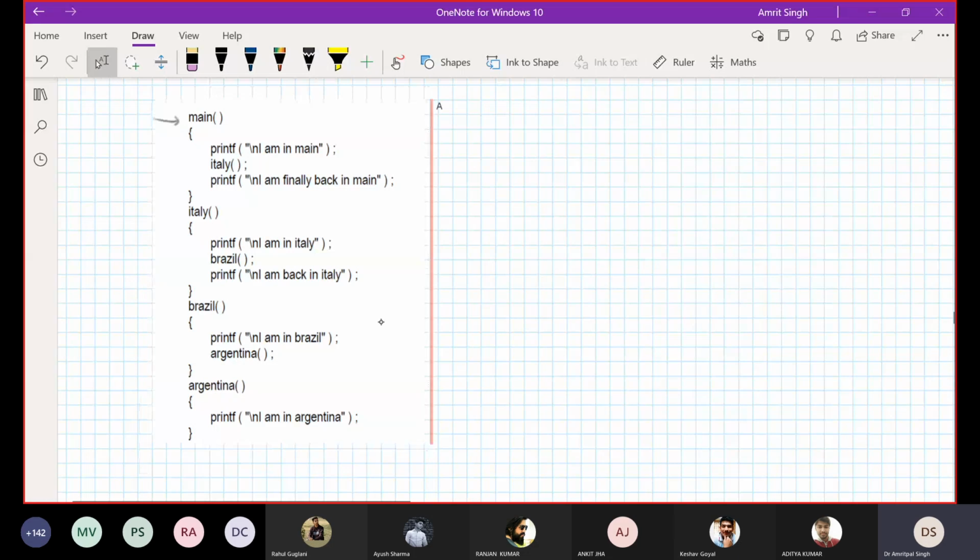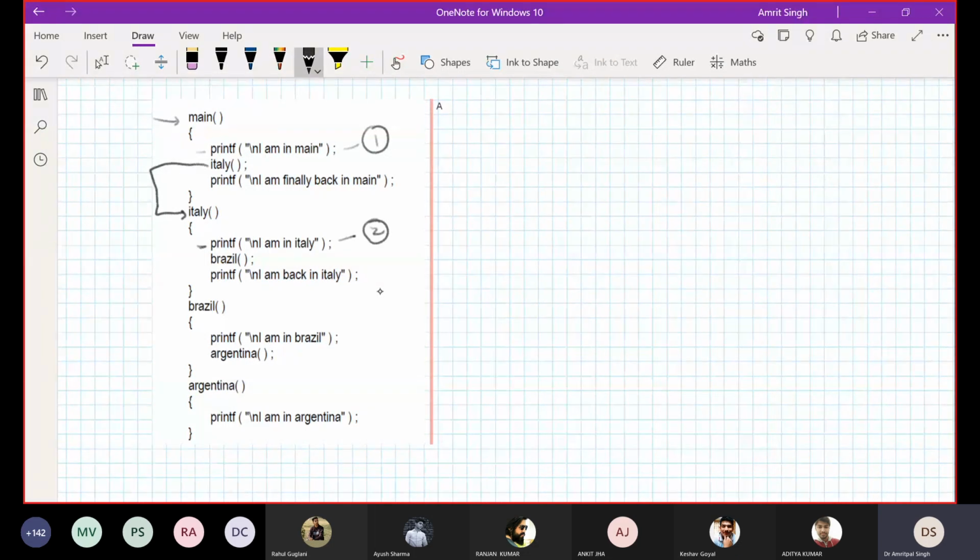Your program is first going to start with the main printf. So your first program is going to first print I am in main. That is printed at the first point. Then Italy. Now control is transferred to the Italy function. In Italy, it is going to print I am in Italy, printed at the second point.